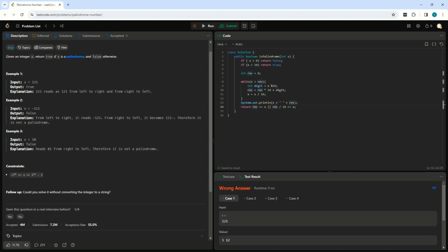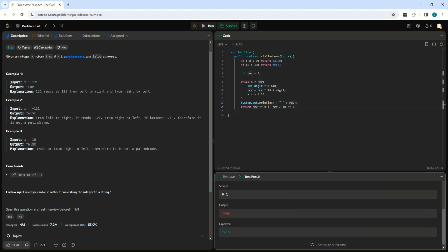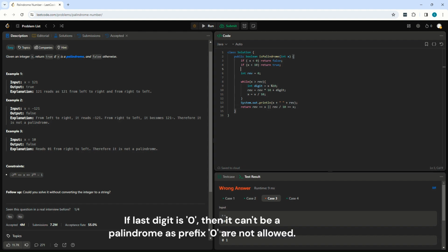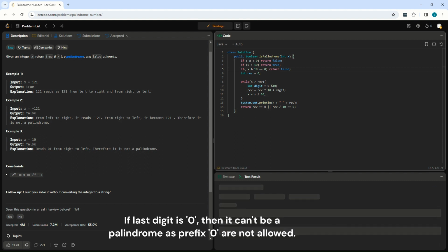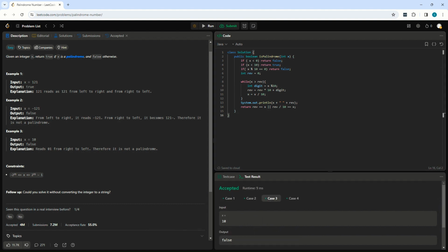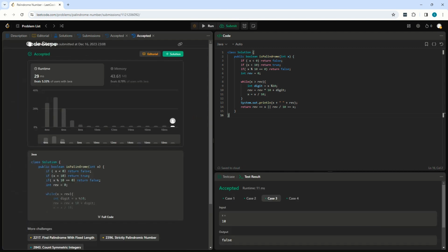So 1, 2, it's 2, 2, 1, 0. Okay, false. So there is another use case which we need to add: if the last digit is 0, then this leading zeros won't happen. Okay, so now we are done. Let's run it. Okay,